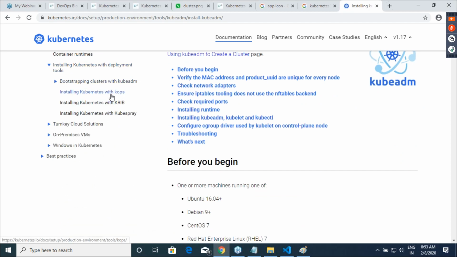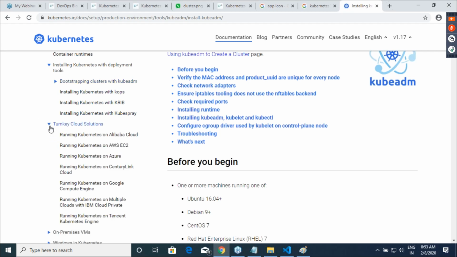Okay, you have something called kops. You have something called kubespray. And your company might use any of them. In this class, I am using kubeadm. If your company uses kubespray, click over here, see the steps, install it. If you are speaking about all the possible installation solutions, that itself will take 1 month.